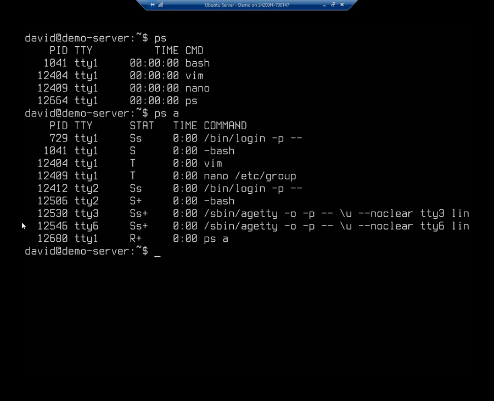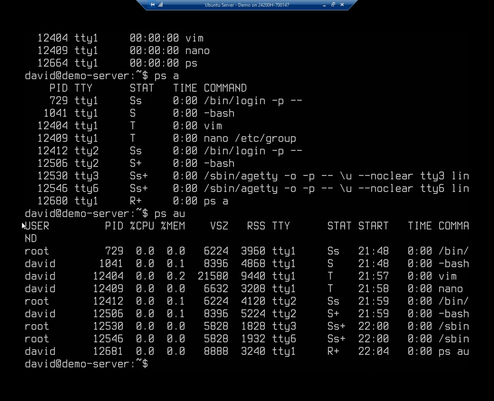ps a shows me all of my processes, but again, they're only my processes, and it doesn't show me anything about my users. So if I do ps au, that will show me my processes, but now it's going to give me a lot more information, including this one right here, which is the user that's executing that process. Now, that becomes really helpful because now I can see what other people are doing on my system and not just myself. But that still only shows me user processes. It doesn't show me system processes or background processes. So for that, I'd be